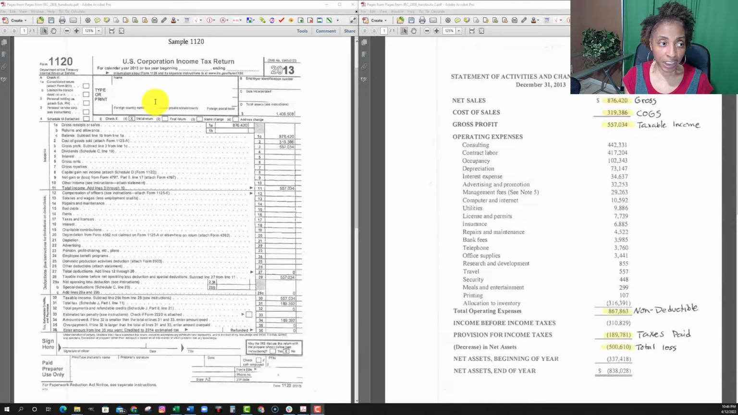Okay, so let's start with the profit and loss statement. The gross sales was $876,000. Cost of goods sold was $319,000. And then your gross profit is $557,000. Now, the operating expenses totaled